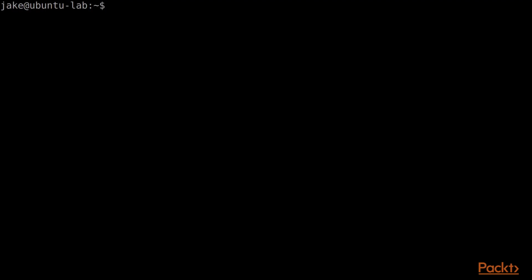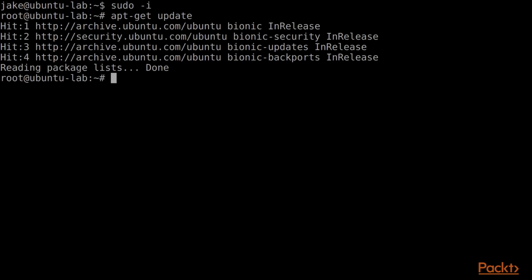So, to update the repository information, you issue the following command as root. Remember that since this is an administrative task, we need to work with root privileges. This command will update the repository information. Once this command is finished, we can be certain that the list of software and updates are in fact up